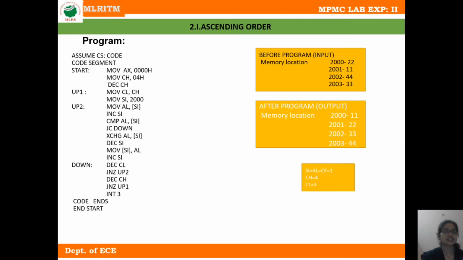JC indicates the jump instruction if carry, jump to the down label.